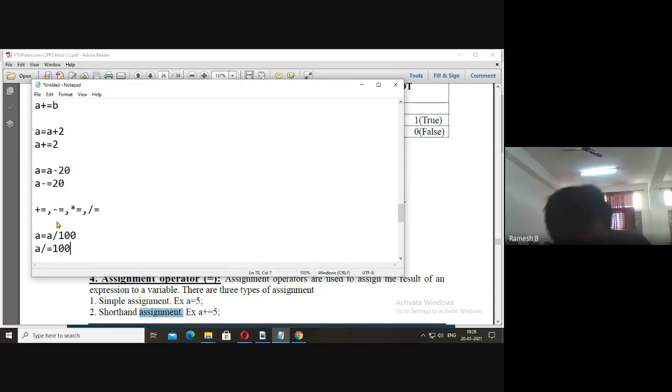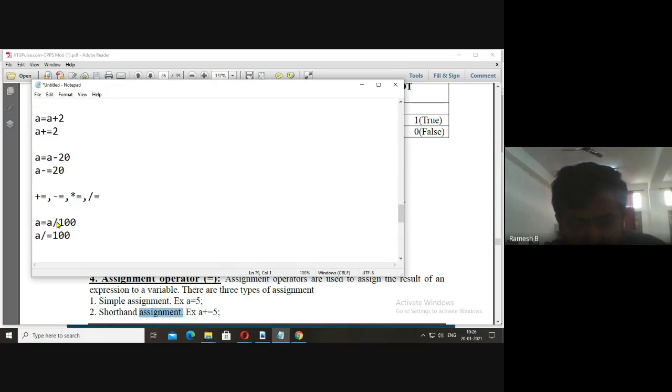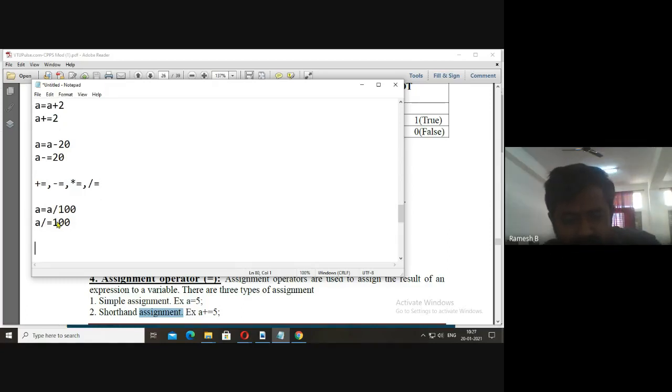Now instead of a, it may be an expression also. For example, a plus b is equal to a plus b plus c.